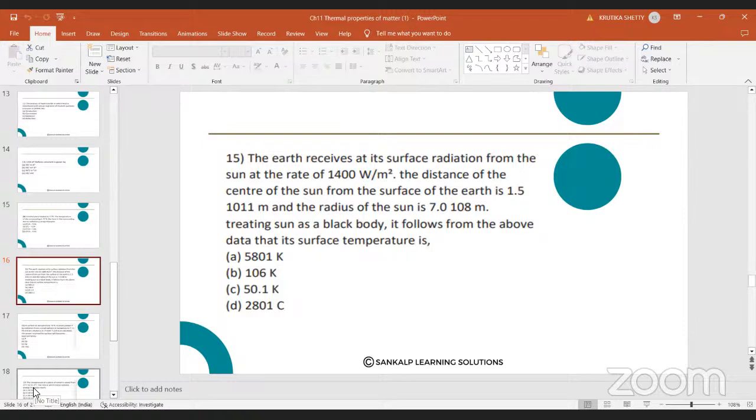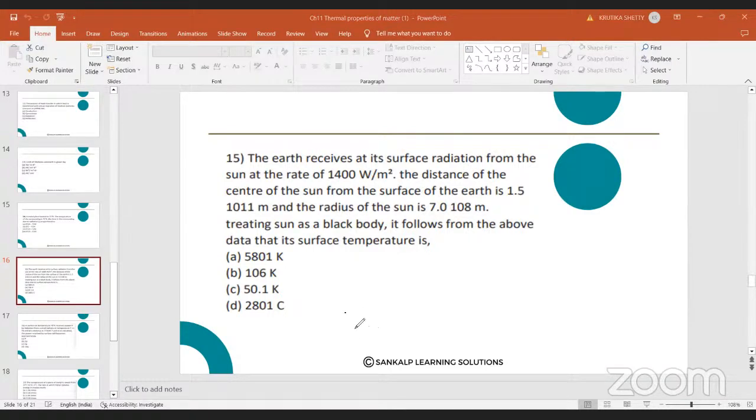They are giving you the Q value. They are giving you the radius value. They are giving you the value of the surface area, right? The distance value is given. So let us see the solution and we will end the class. So see this, the solution is given by